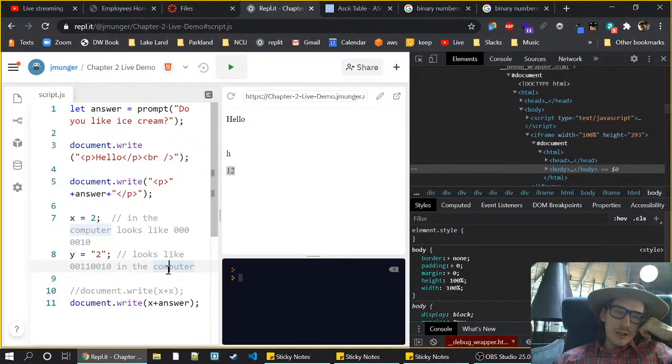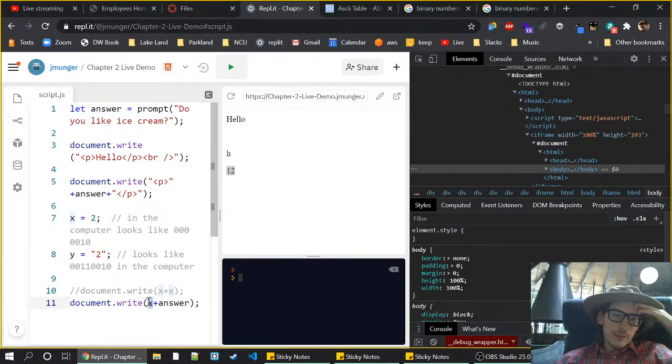So a nice feature of Replit is if you highlight over a word, it's going to highlight all the other ones. So I can see quickly, here I'm using x, and right here is where I'm assigning it, so that's going to be a 2. And then answer, if I click that,